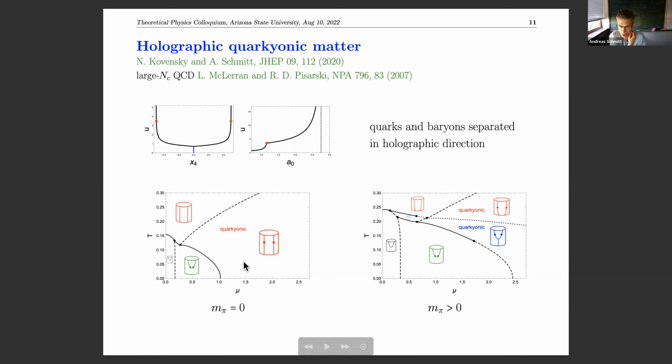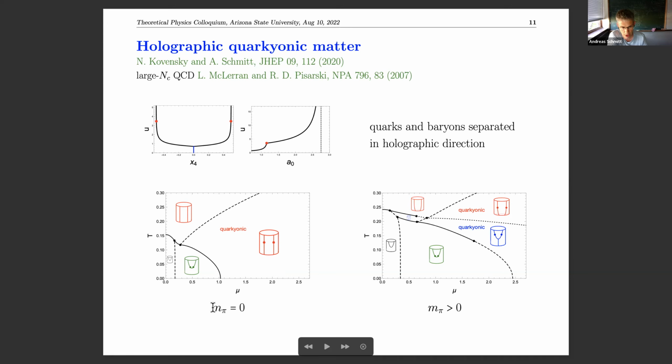That's a prediction of this model. That's one of the unsolved questions, even in large N_c QCD. So in this model, it's a chirally symmetric quarkyonic phase, and it even never stops to exist at large mu. I should mention that we do not have asymptotic freedom here, so we should not trust large mu or large T predictions from this model for QCD. So let's forget about the large mu region. Still interesting that we never find the pure quark phase here. Not sure what that means. Anyway, there's a quarkyonic region.